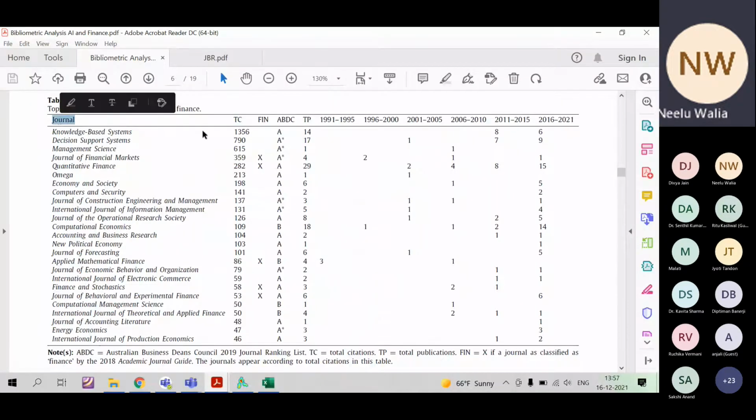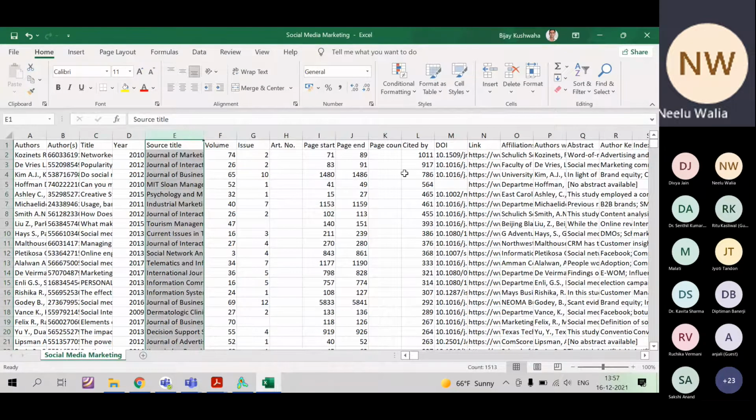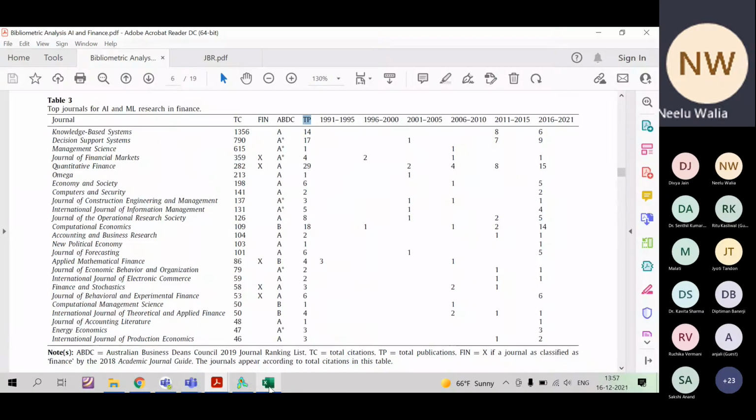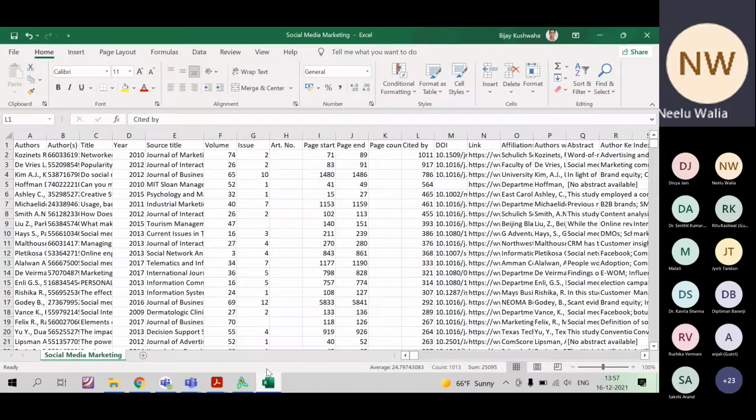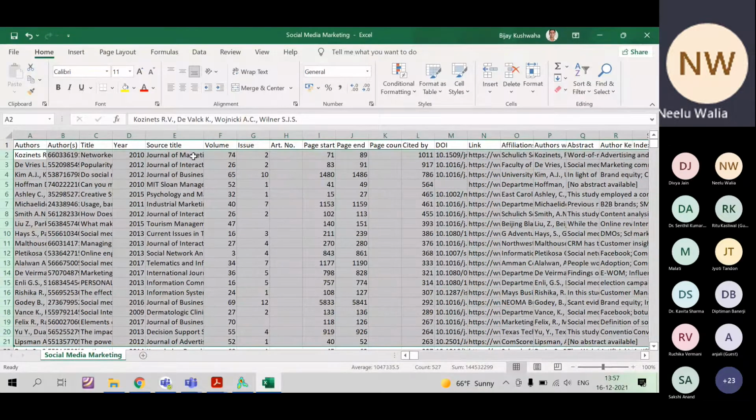The table is talking about the journal name, total citation, and total publication. These three pieces of information you are going to get from this. So, the journal name, total citation, and one more thing that is based on the journal. Now you have to take all the top 20 records, and then apply the filter on each of the journals and count how many.